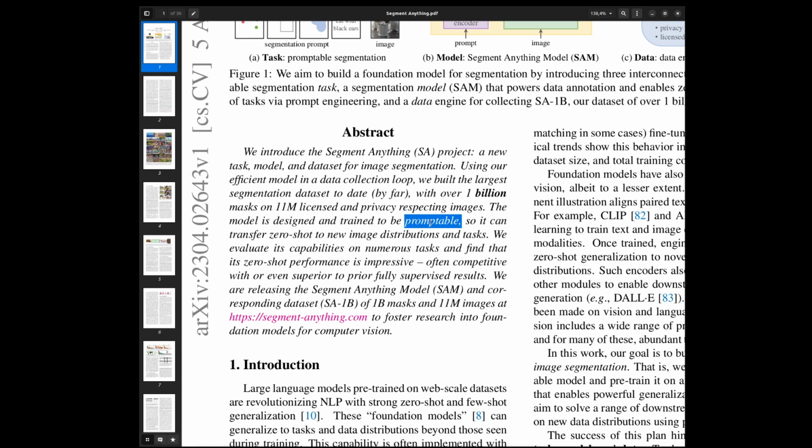Yes, so to me it means that you can pass something to it, right? I think when we say prompt, we usually mean text, but I guess in general it means something that you can pass to it. But it's just a gut feeling, but maybe we will know about it later.